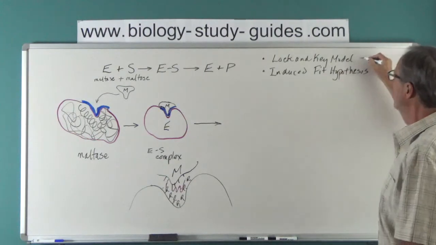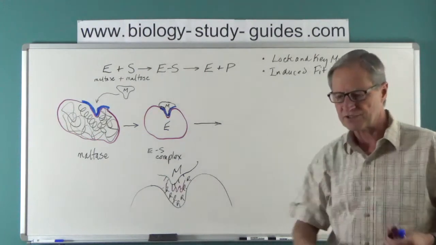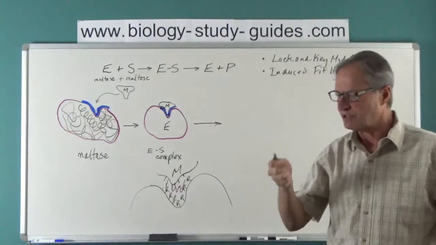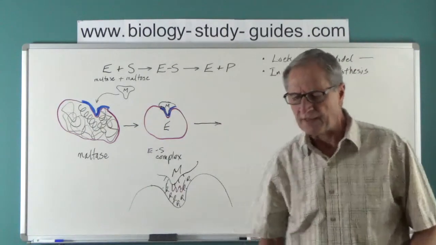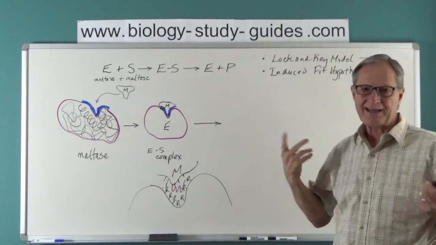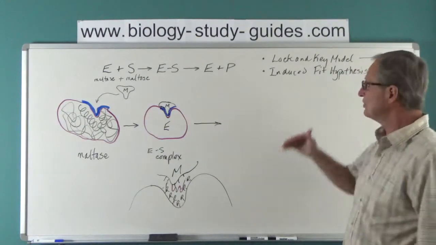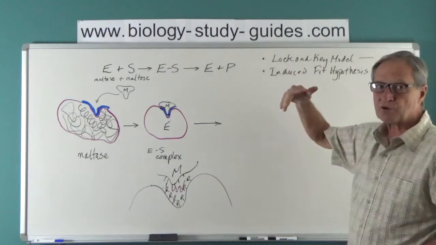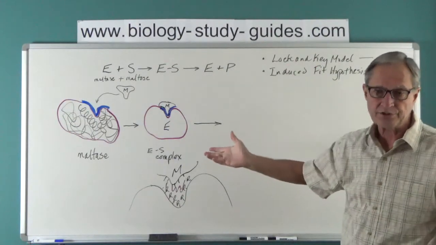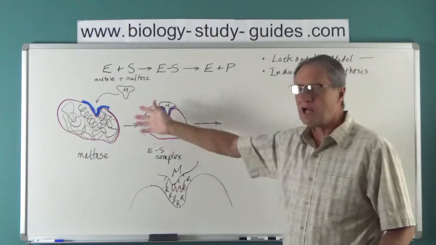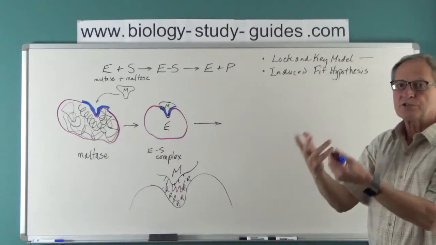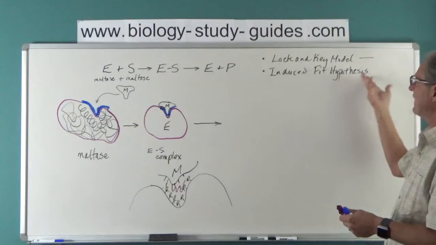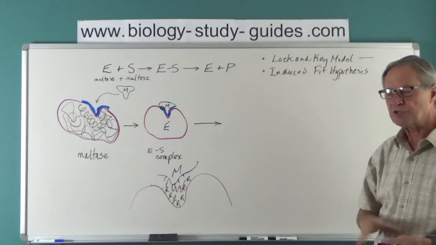The lock and key model, the origins of this idea that enzymes and their substrates work like locks and keys that precise, are in the late 1800s, like 1890. That's an old idea. Electron microscopes weren't invented until the 1930s, and nobody even saw enzymes. So since that lock and key model was developed, they've added to it, they've added this induced fit